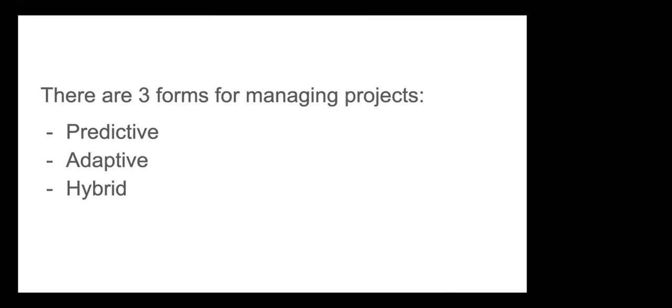The most common one is predictive. That is the one you see everywhere, in construction and in many other areas. That's what engineers know about most of the time. You want to build a plant, it's constructive, it's predictive. From the beginning, you want to have a diagram of how everything will look. You want to know details: how much you want to spend, how long it will take. You want to predict as much as possible the full 360-degree view from start to finish of the whole project. That's predictive.